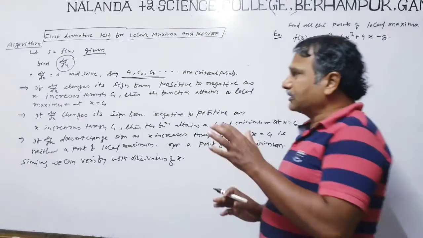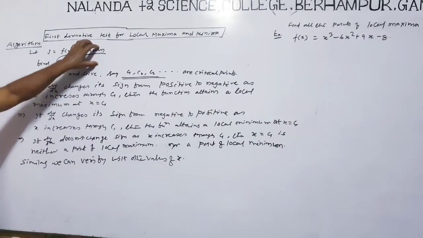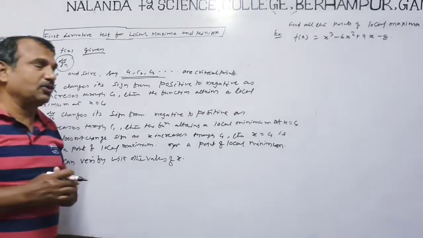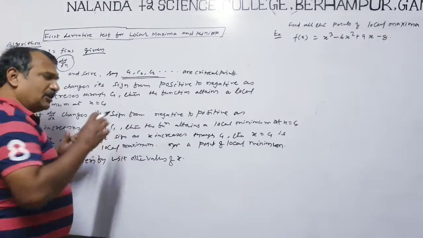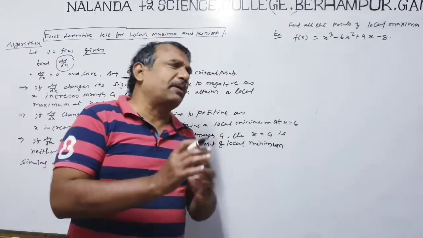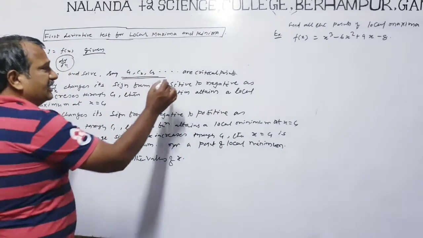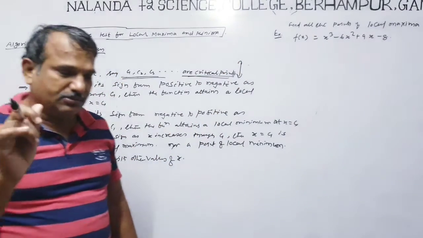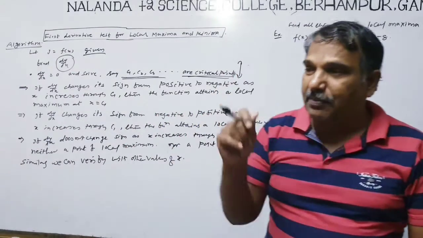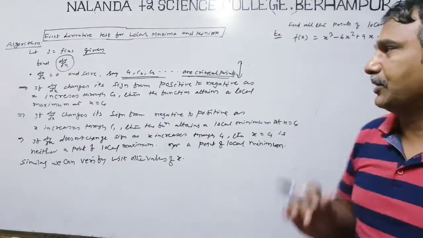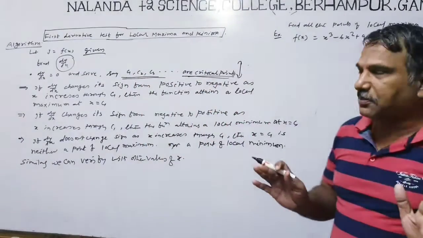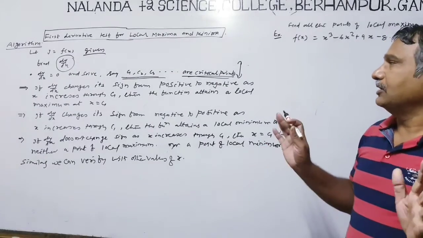So first, the function is given. First point is to find the derivative. Second, when f dash x, that is dy by dx, is 0, find x. Let us say x equals c1, c2, c3, that is, a number of critical points; let us say n critical points. For an objective question, find the critical points, that means the points at which the function is maximized or minimized. Finding the critical point means: the function is given, find dy by dx, set dy by dx equal to 0. So it is a critical point.